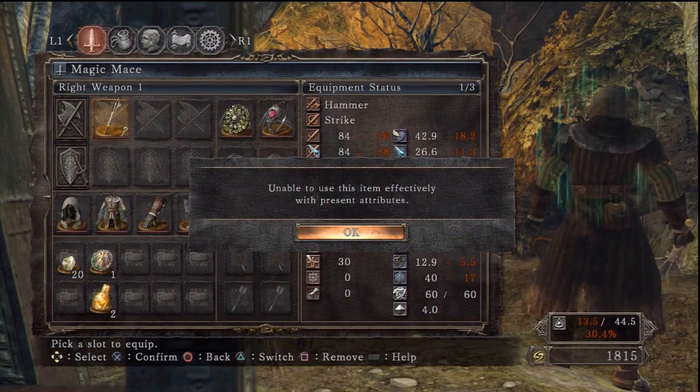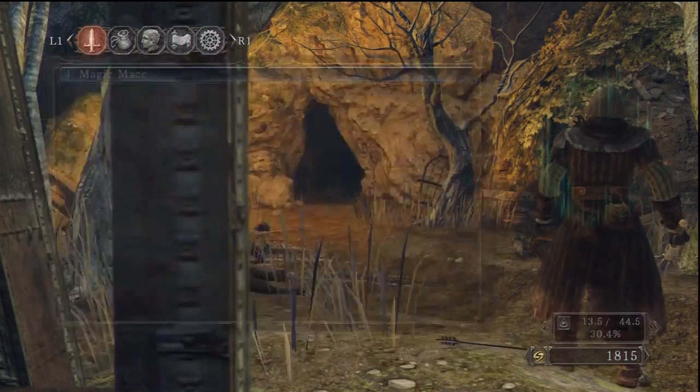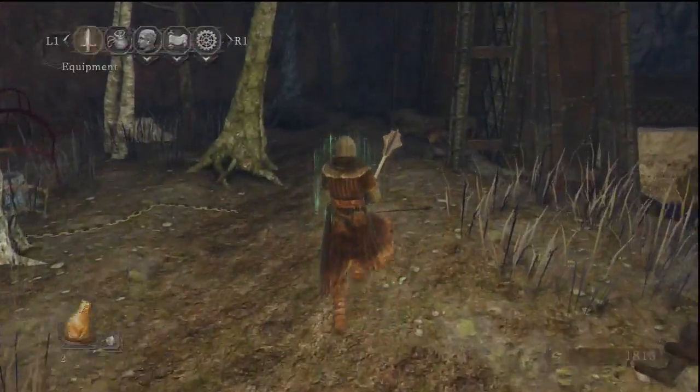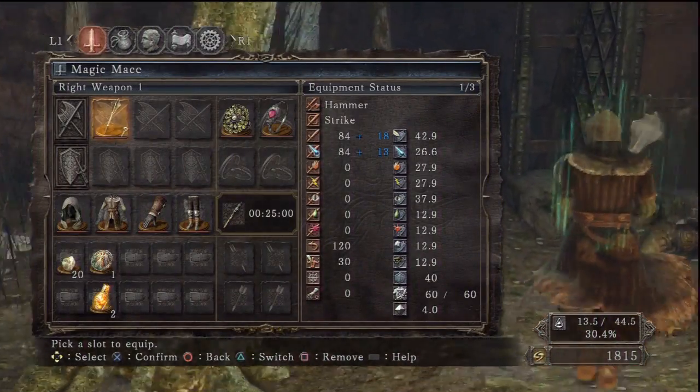And... oh, do we have the right stats? We're just a little short on strength, which just means we'll have to two-hand it. But yeah, the difference between 110 and